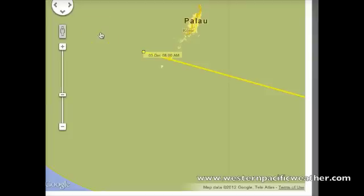Not just that, but it does look like winds could be gusting over 200, maybe even 250 kilometers an hour. So wind damage is going to be a major threat. You do want to take the proper cautions, secure any loose items that could be flying around. I know you can't secure your roof, for example, but